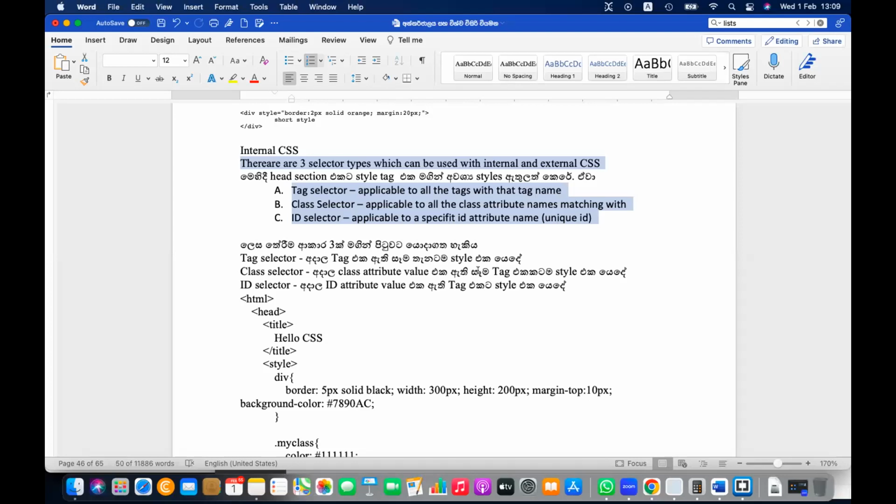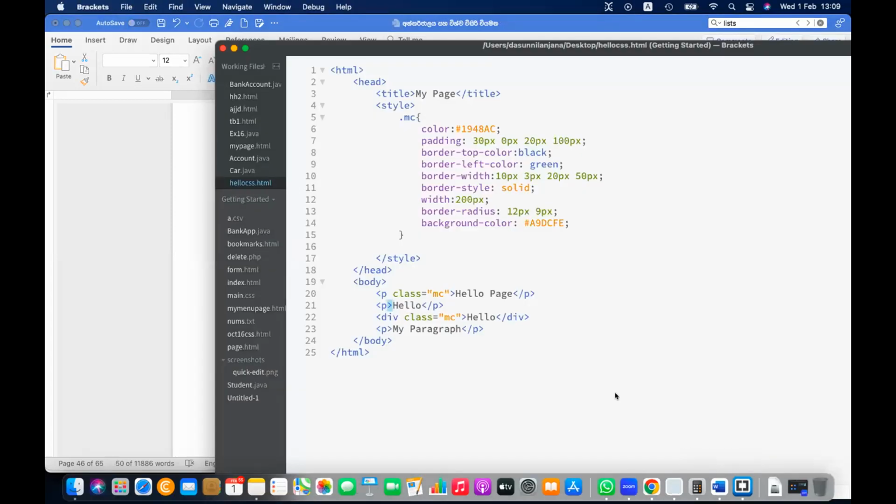Class selector can be applied for multiple places. As you saw here, the class selector can be applied to multiple places. Here, this one is a class, this one is a class, but the ID selectors are special because ID is something unique. Then you create an ID selector with hash, let's say my ID,